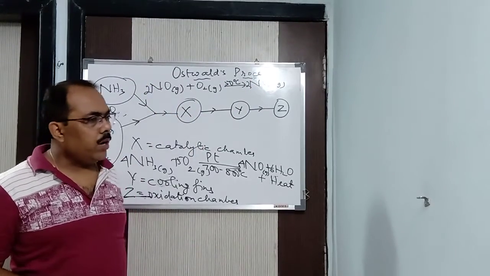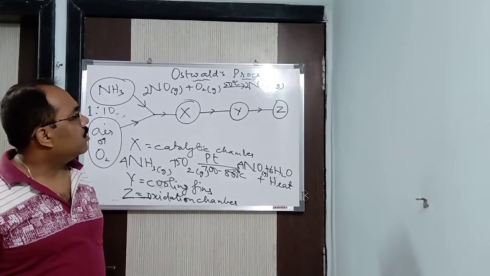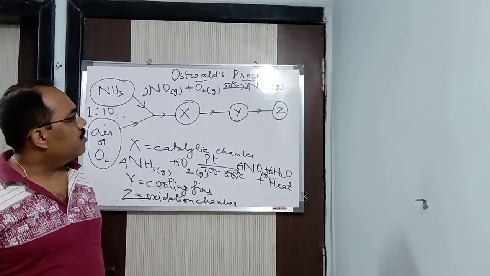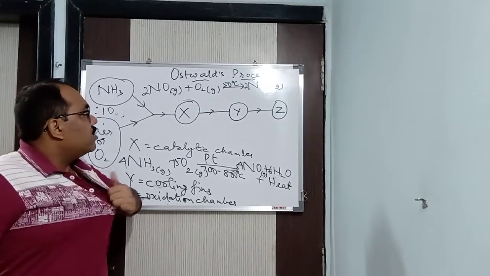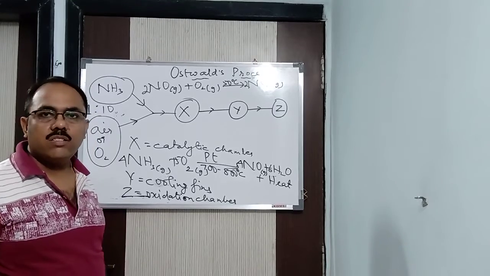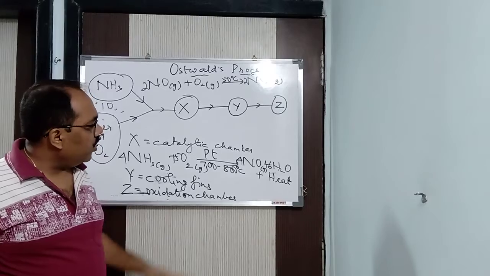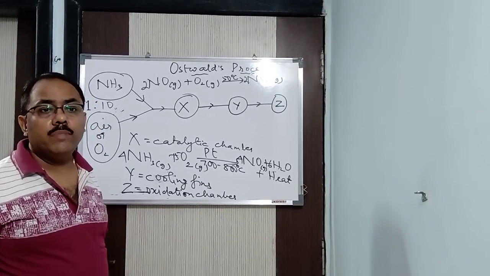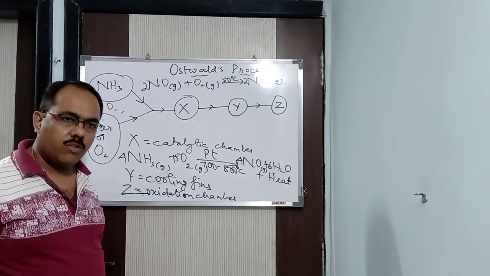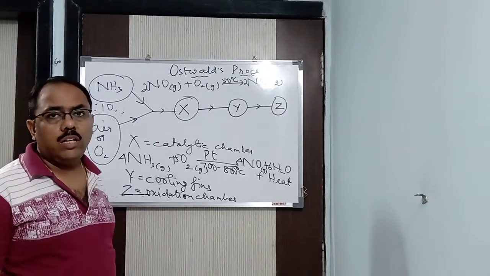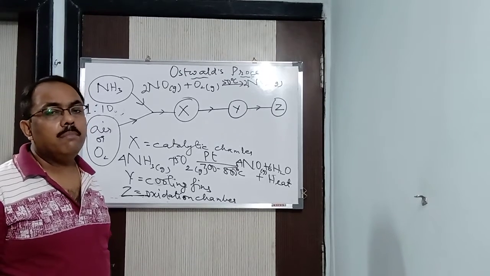Number one. Point number two: this reaction which is being formed is an endothermic process. Nitric oxide reacting with oxygen to form nitrogen dioxide is an endothermic process. Heat is absorbed. Got it? But what am I doing? I am keeping the temperature at 700 to 800, which means I am giving a large amount of heat. So do you think the reaction is going to take place in the forward direction? No, it is not. Got it? Rather the reaction will be reversed in the backward direction.